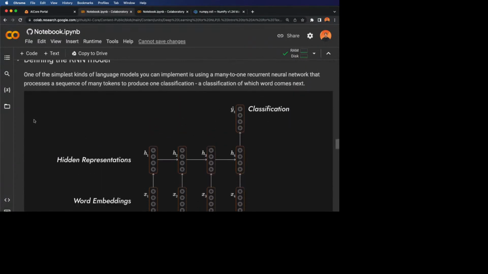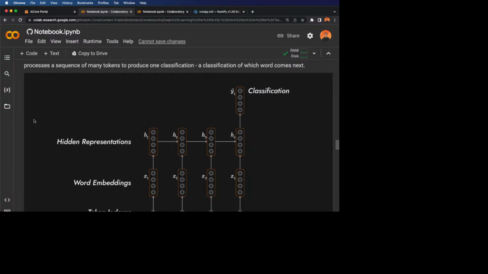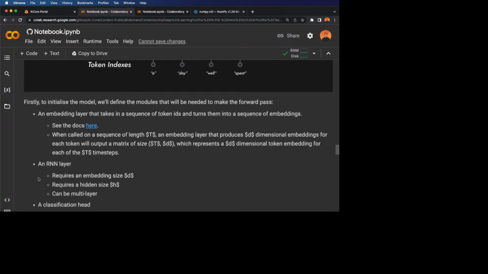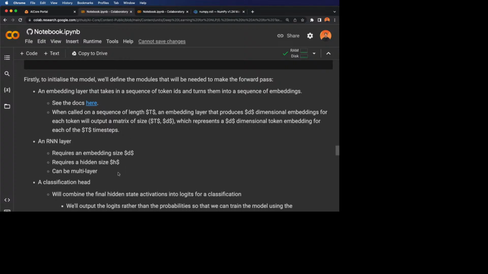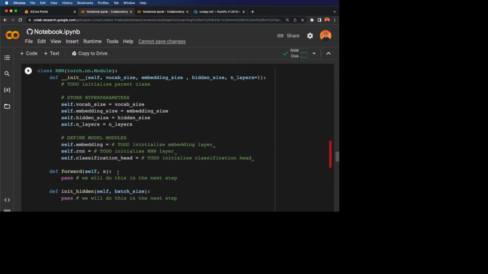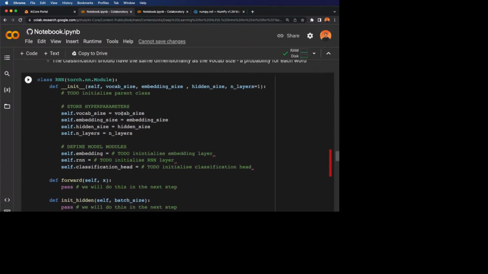Following on from that, we need to define the recurrent neural network model. So here, this diagram highlights that we've got token indexes to start with. These are the indexes which represent the different words. And the first layer is actually going to be the thing which gets these embeddings. So we're going to need to use this embedding layer, which comes with Torch. So find the details of what we need to do there, but I'll talk through this step by step as we go. So here we'll define the